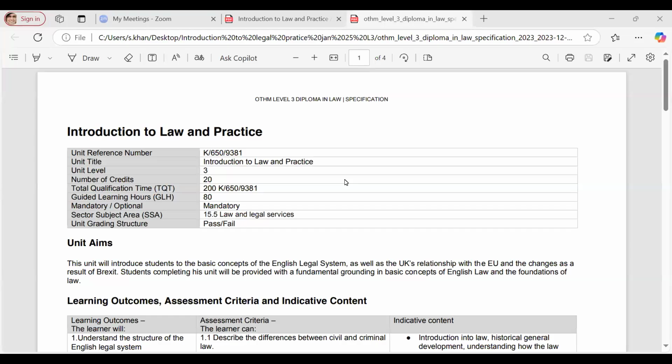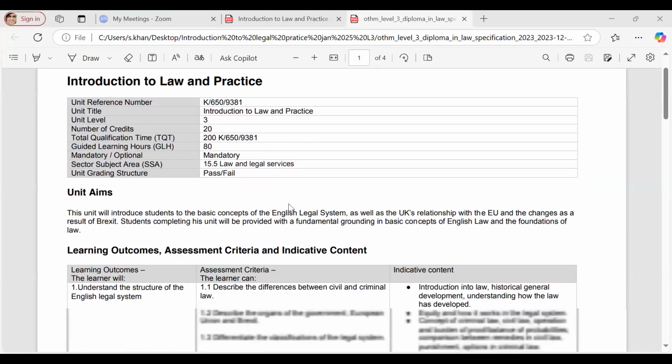So, my name is Shazia Khan, and the unit we'll be doing today is Introduction to Law and Practice. It's a level 3 unit, and it's 20 credit points. So I'll go through the specification with you first, so you've got a little bit of an idea of what we're doing. Okay, so for the unit, the grading is a pass or a fail,